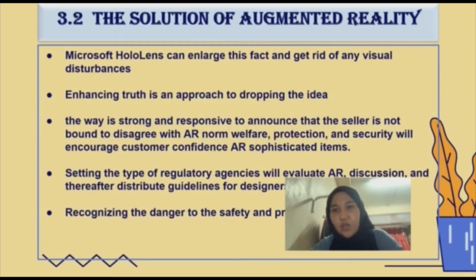At this point, the whole environment you can walk as the material holder, then give it a new one. Next, with respect to AR, the way is strong and responsive to announce that the seller is not bound to disagree with AR norm. Welfare, protection and security will encourage customer confidence in AR